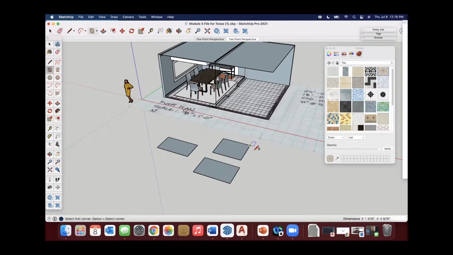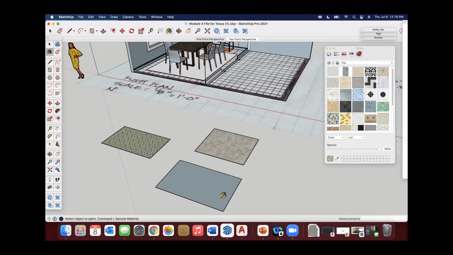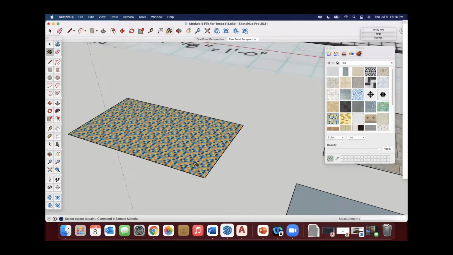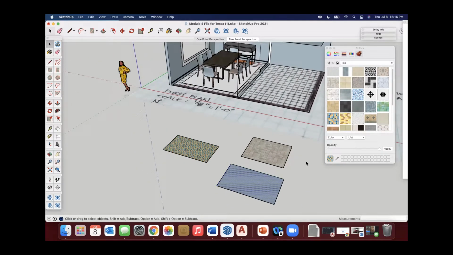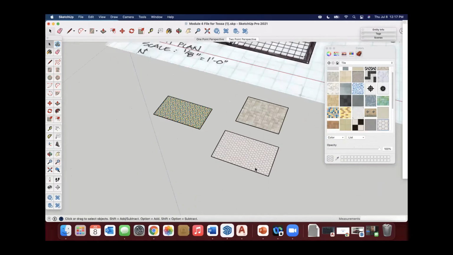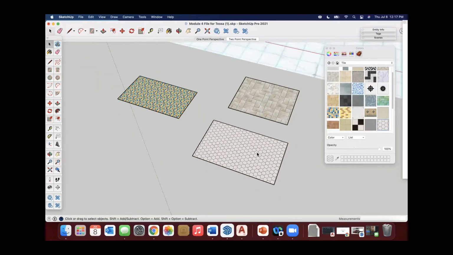All I'm doing is a couple little faces right here. But for example, if I select this one to actually apply a material, I just click on that face and it will take it and apply it there. Now, mind you, this is really important to note: these faces are not groups and they're not components. They're just individual geometry that I can select a face, an edge, and apply that material. So again, I can select that material and place it on there, and there it appears. Now you might have to change and edit the scale of that. We'll do that soon enough, but it is on there.